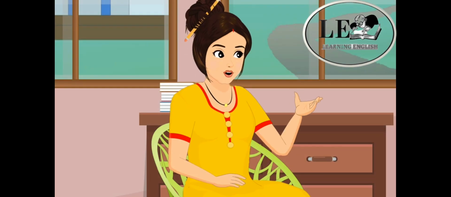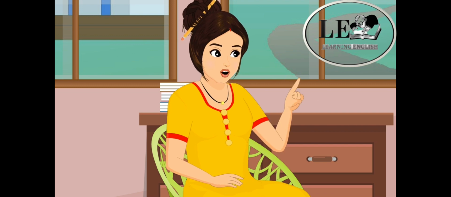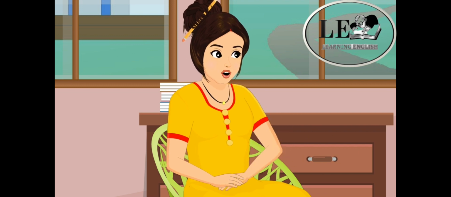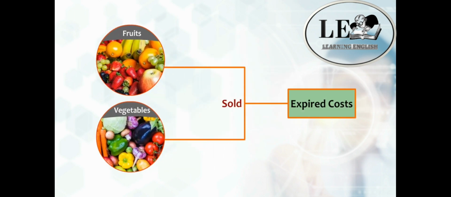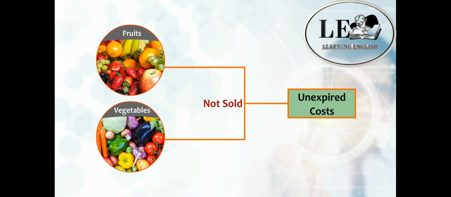If you look at the P&L statement, you will notice that all expenses are represented as expired costs, whereas assets on the balance sheet represent unexpired costs. In the case of Raju the Thelawala, the cost of fruits and vegetables sold are expired costs, as they will show up as cost of goods sold, simply called COGS, on the P&L statement. The cost of fruits and vegetables not sold as yet are unexpired costs, as they will show up under inventory